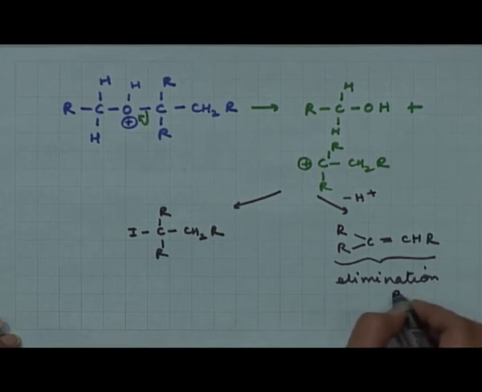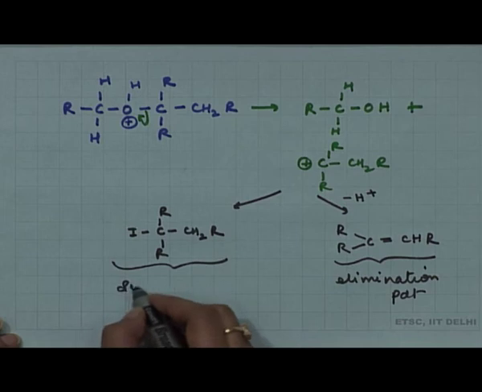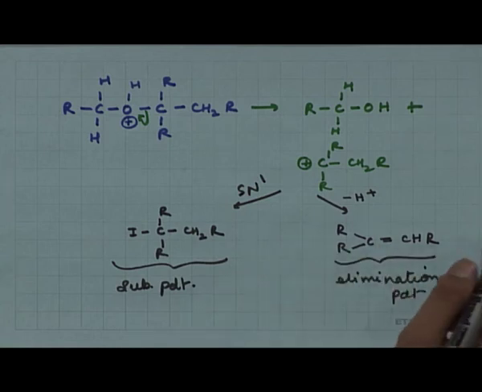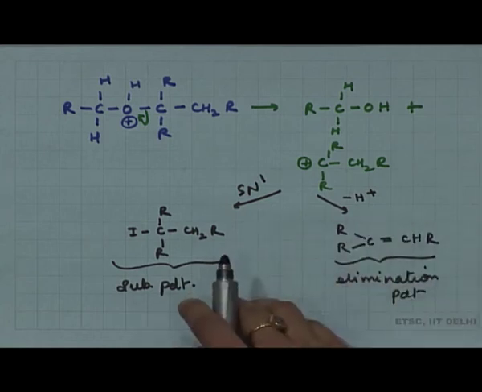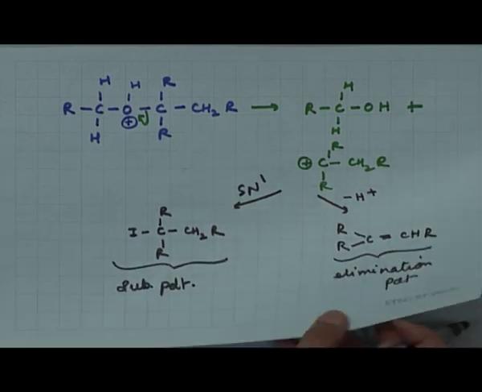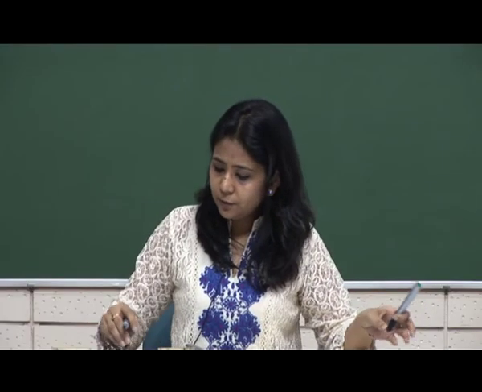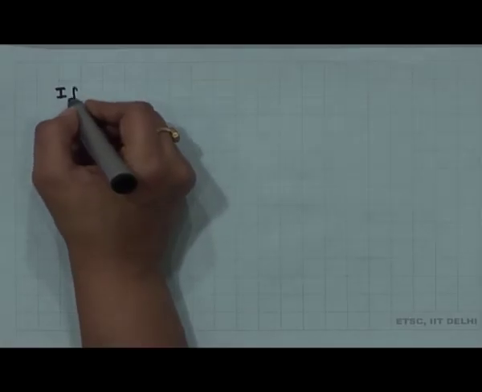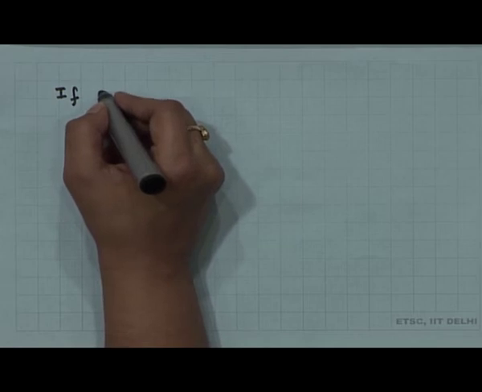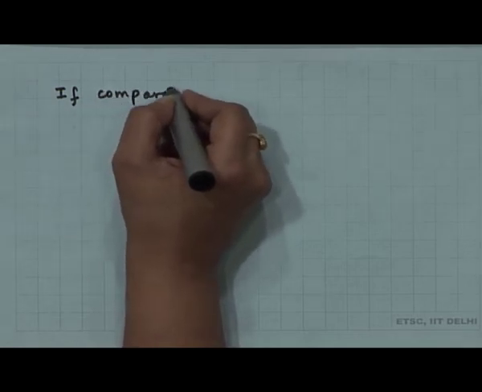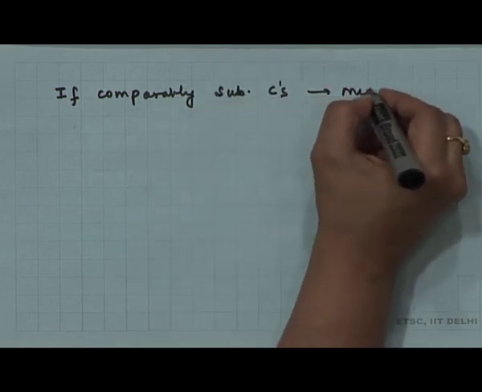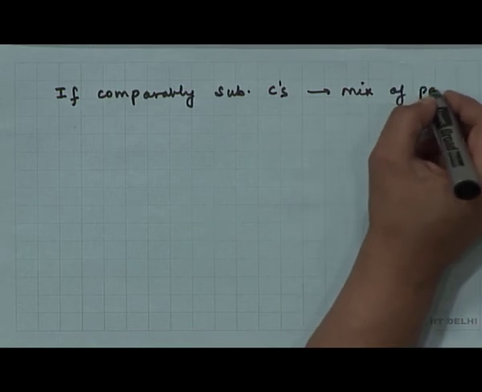So, you can get both the elimination product as well as the substitution product by the SN1 pathway. Okay. So, this is the general reactivity of the different alkyl groups in case of ethers. If we have comparably substituted carbons, then you end up with a mixture of products. Then it is very difficult to control